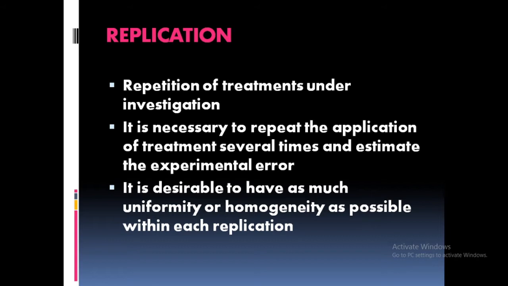Replication. Very important principle. In our experiment usually we have an experimental group and a control group. So however many you take in the experimental group, that many you also have to take in the control group. For example, you are practicing two diets. You have 50 or 100 birds. Then you provide them the diet. How many types, how many times you are giving, the duration, the number of birds, these are all very, very important.